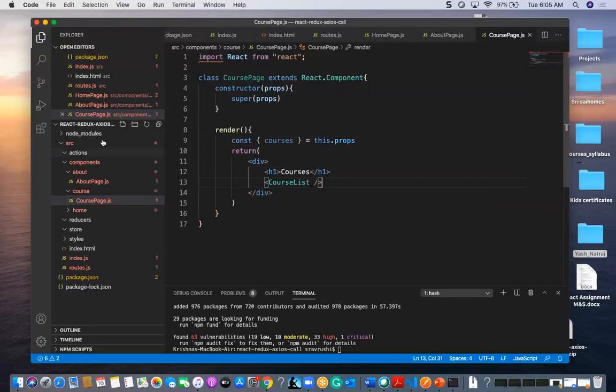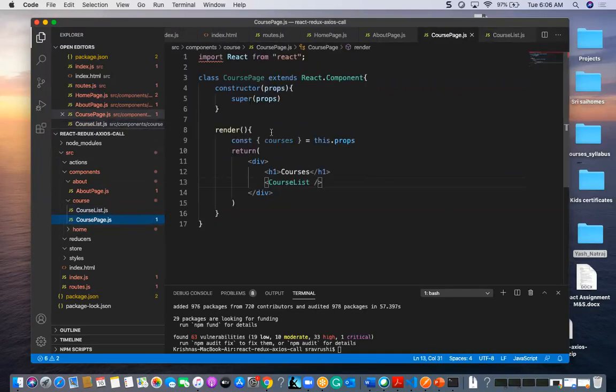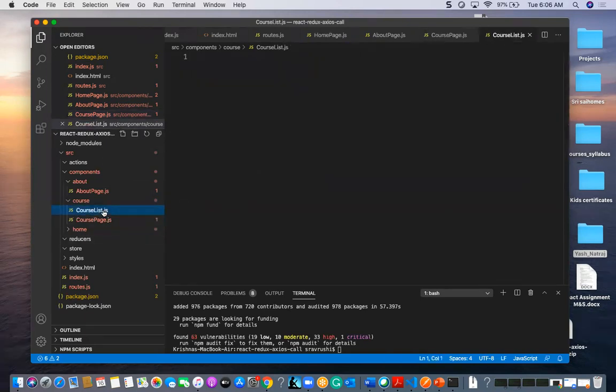the course list component. So that one I will start again here, like CourseList.js, CourseList.js. So in this page I just created one course page, but I am going to list all the courses. Okay, so for that I am going to take one more component. So in that course list component I am going to get all the courses, like